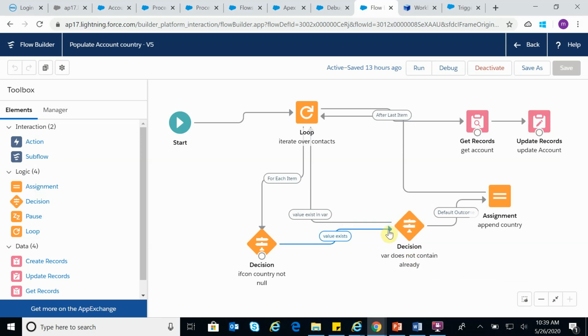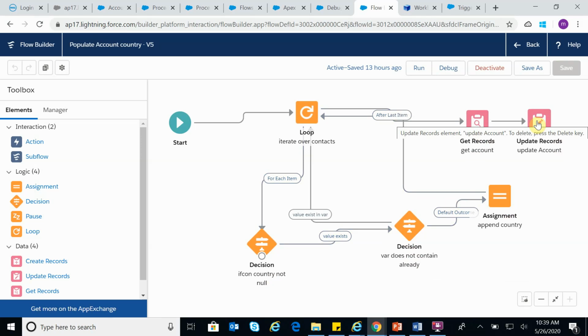I am appending that to that particular variable. Again, the loop is continuing till all the contacts are processed. Once all the contacts are processed, I am getting the account record, and which needs to be updated with this country field value, and the actual update operation is happening here. This is what it is doing.